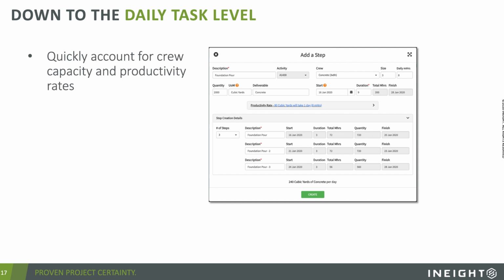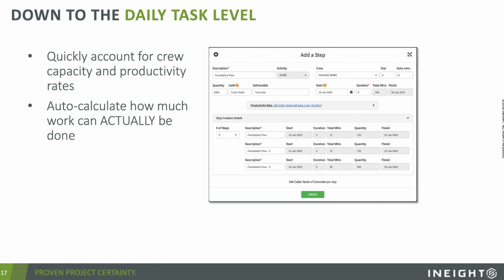And it allows you to build in capacity and productivity rates for certain crews. In other words, you're going to auto-calculate how much work can actually be done. Not what the schedule says you're supposed to go do, but based on the crews and the capacities that we have, what can we actually do?